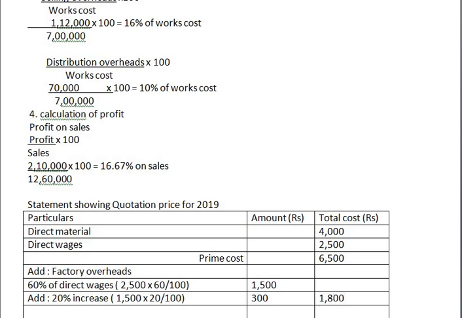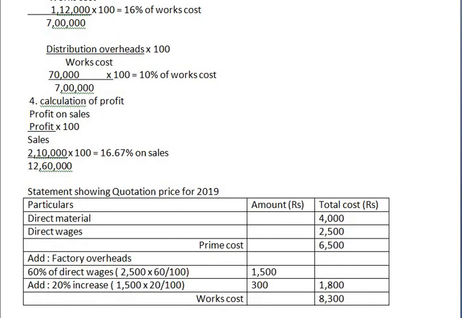So that is 8300. Right? 8300. Now what this is called as works cost. Works cost. Okay. Now next, add administrative